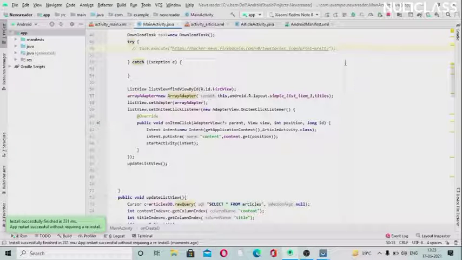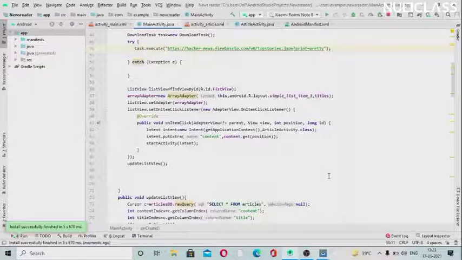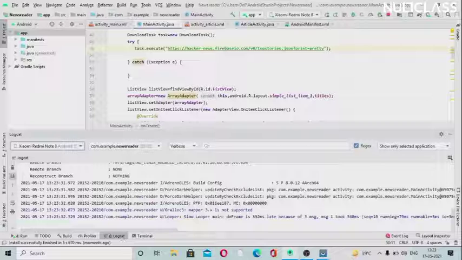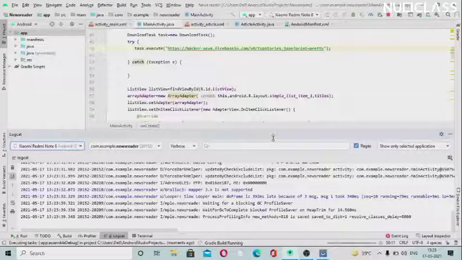Okay, we got the news, and I haven't removed the comment, so that's why we have to run it again. To get the new news, you have to remove the comment here. Keep it removed so that every time you will get the new news. So just wait. I will show you in the logcat again that it does not stop if we don't comment it out. So let's run again.